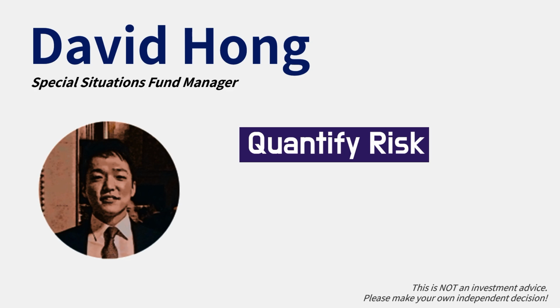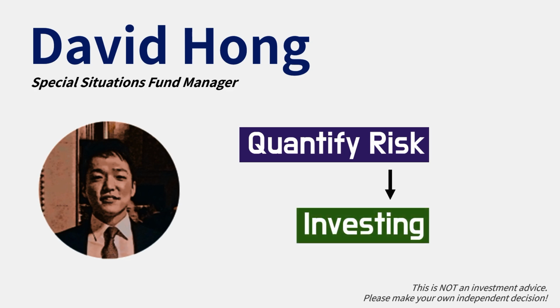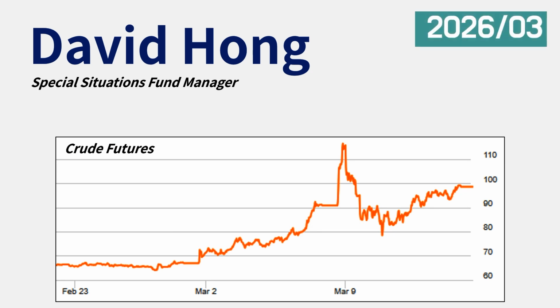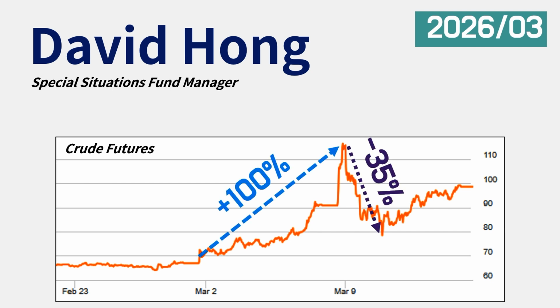Today we are going to talk about quantifying risk and using that in our investing. Let's start with crude future prices, which is obviously showing very high volatility since the war broke out in Iran. In just 1 week, the price increased about 100%. Then in just 2-3 days, it fell 35%, recently rebounding 25% because the risk of the Strait of Hormuz being